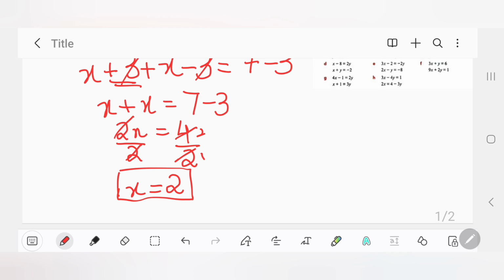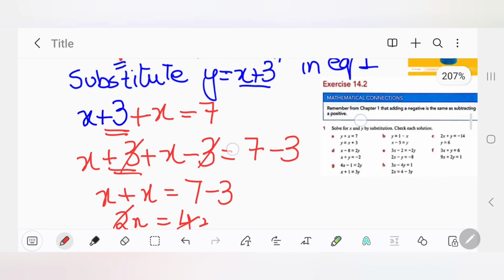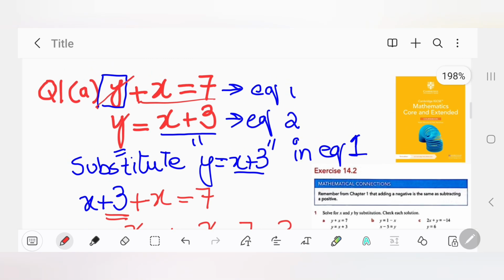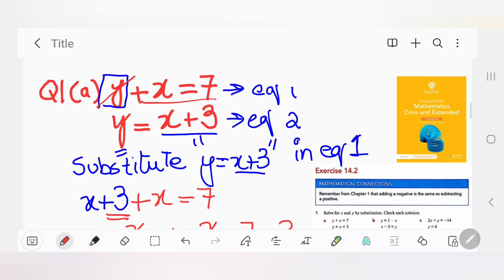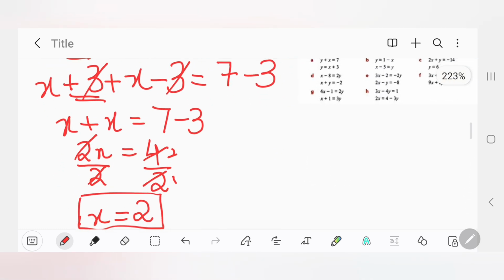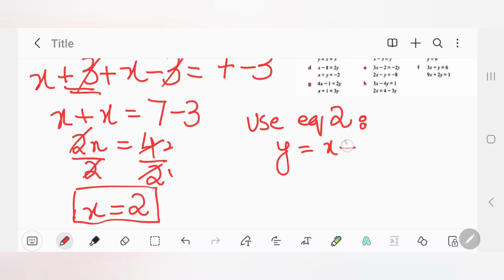Now we will do substitution for the second time. When you find the first variable, you have to take that variable and choose any equation you can choose. I am choosing equation number 2 because it is already simplified. It is showing me y equals x plus 3. So I will take this y equals x plus 3